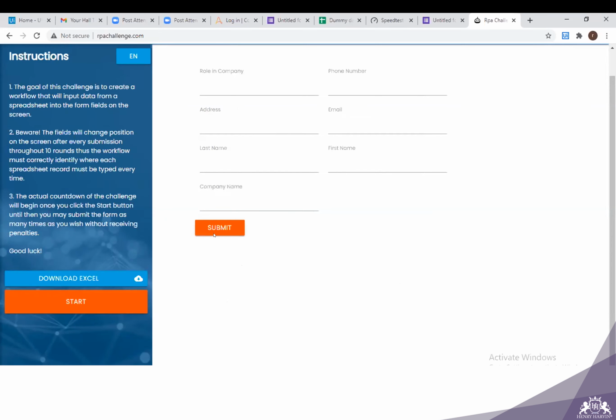Here we have only 7 text boxes to be filled: first name, last name, company name, role in company, organization name, and something like that. We have 7 text fields which are very similar. They have the same properties, they are all text boxes, but we have to differentiate them on the basis of the text written over them. So how are we going to do that manually?